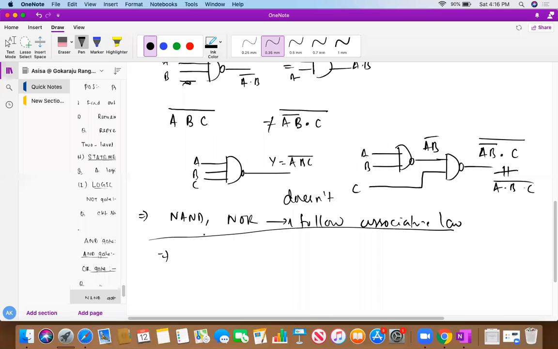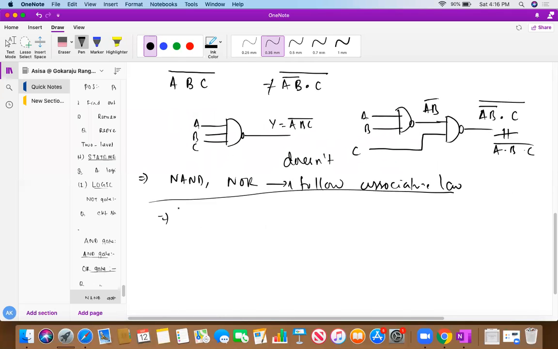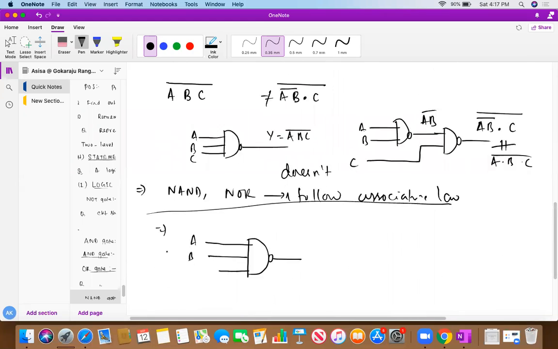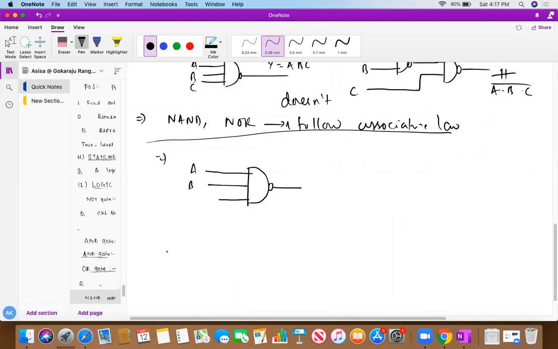Next point. Again, we'll see the unused input. Unused input in a NAND gate can be connected similar to unused input in an AND gate. So how is it? We have seen the unused input for the AND gate. What way have we done it for the unused input? So this is the way. You see these are my used inputs. So in the AND gate, what we have done? We have simply connected it to logic 1. So similarly here also, unused inputs will be connected similar to the unused input in the AND gate.